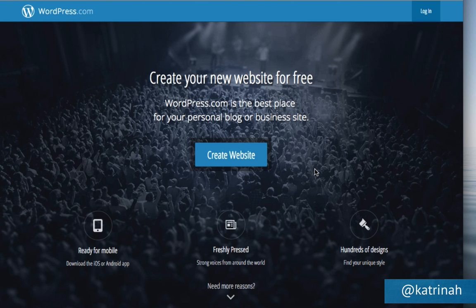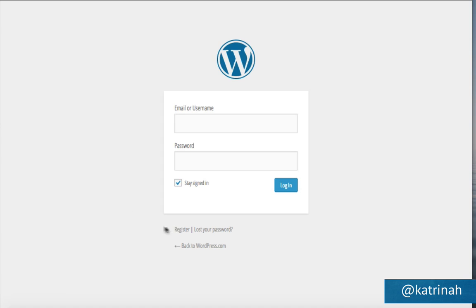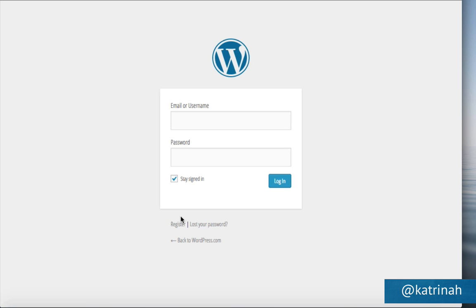So here we see when you click on Connect with WordPress.com, it will send you to WordPress.com where you can create a website. However, of course, we don't need to create a website because we are already creating our self-hosted WordPress website, so we don't want to do that. All we need here is a WordPress.com account, a username, and a password. So to get to that page, I'm going to click on Login right here at the top to log in, and I already have a username and account. However, if you don't have one, at the bottom you'll see there's this link here that says Register. So I'm going to click on Register right here.